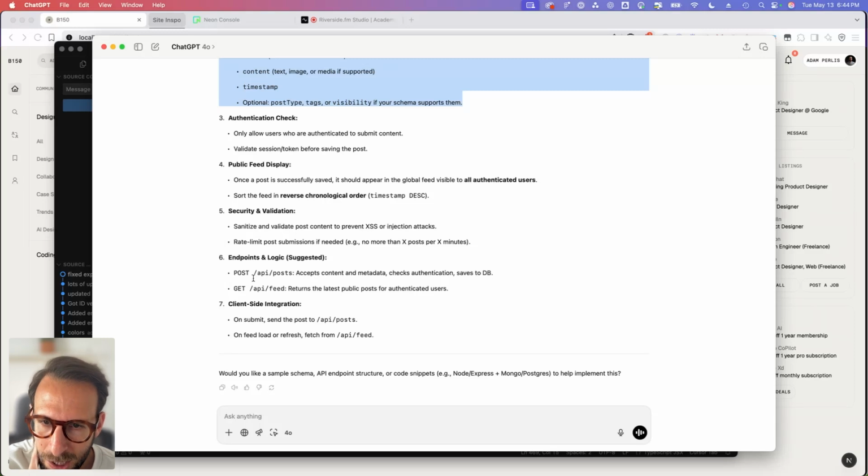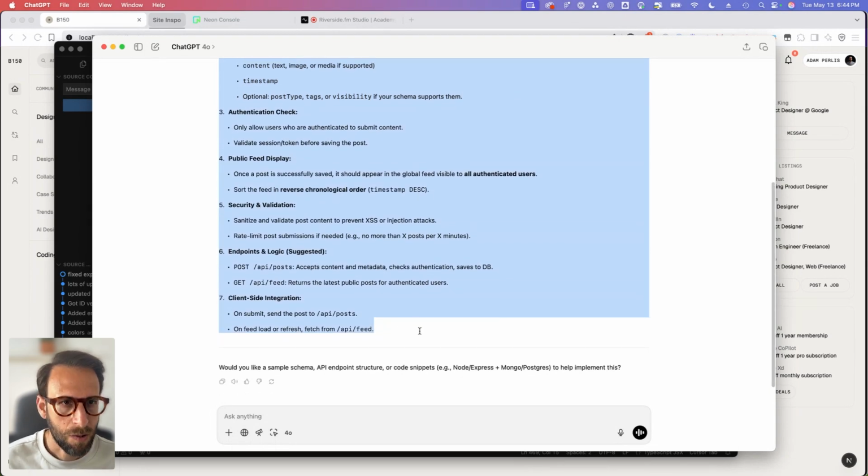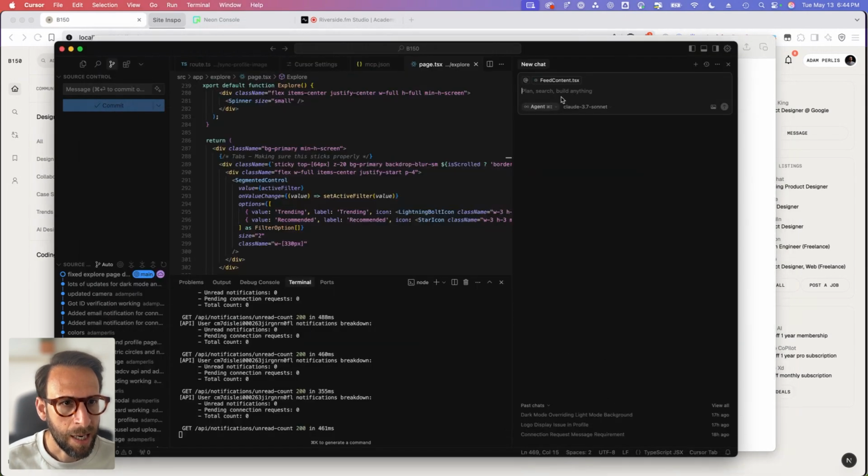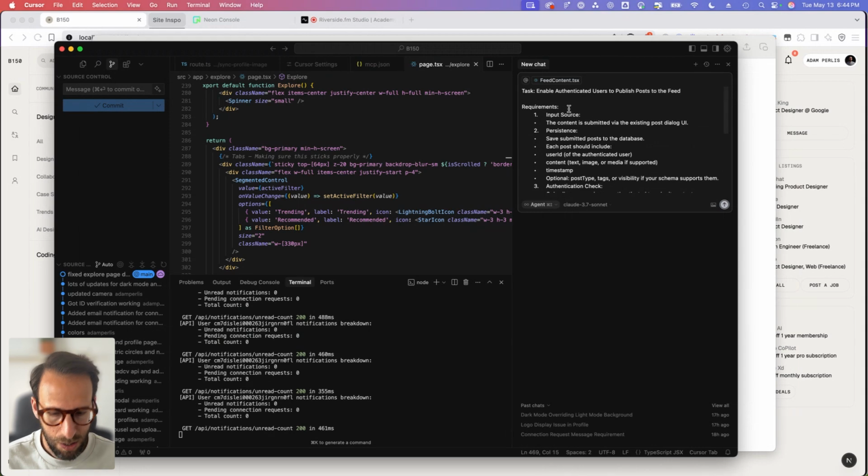Anyways, endpoint logic, posts, API posts. Yep. Get API feed returns the latest public. Yeah, I like it. Client side, cool. All this looks pretty good. Let's go over to Cursor and we're going to plug that in, and then for the input source, I'm